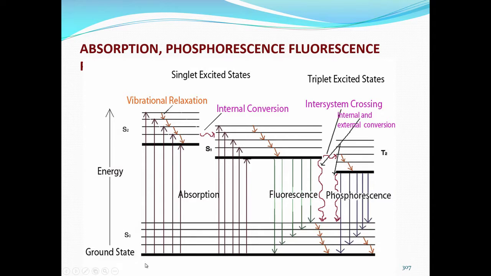Now, this is the schematic presentation of the absorption, fluorescence and phosphorescence phenomena. Here, most of the molecules are in the ground state, and many of the ground state energy levels are occupied by the electrons in the S0 state. Here I have the excited states S2, S1 and T2. I will come back to why I call them S2, S1 and T2, and here I have to take you to the